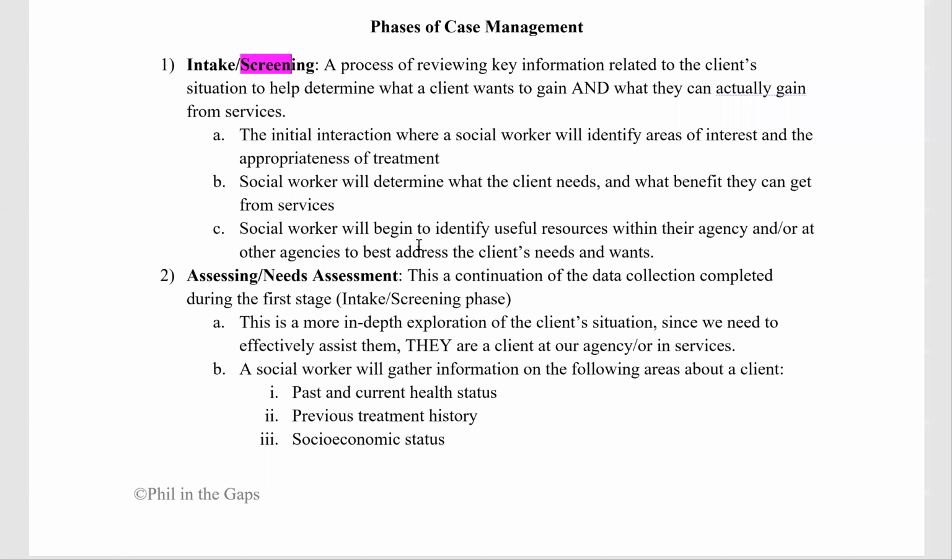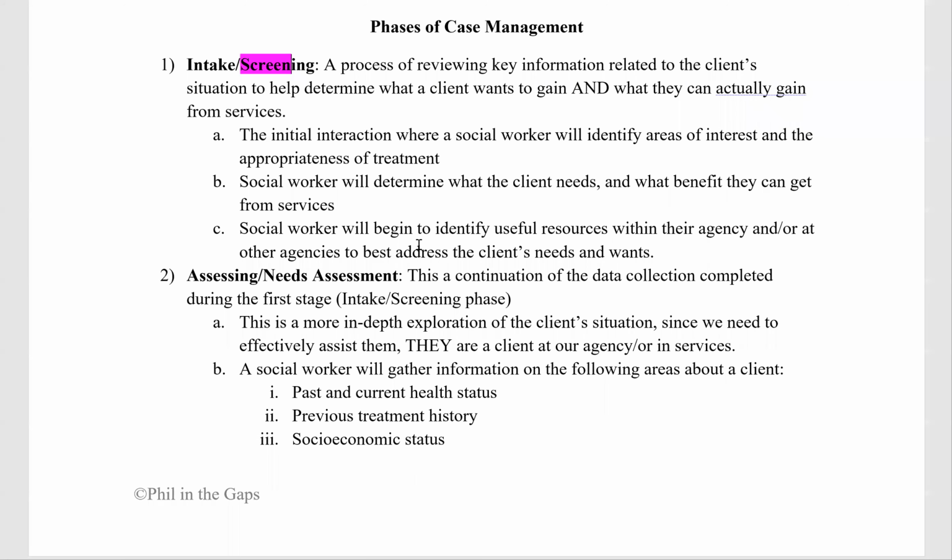This is where a lot of times people get mixed up, because they're like, well, in my agency, it's called an intake, and an intake means da da da da da. Do not allow your personal experience to impact what the jargon or lingo is on the exam and/or textbook. So in the first phase or step, it's them looking through the screen door to see if we can